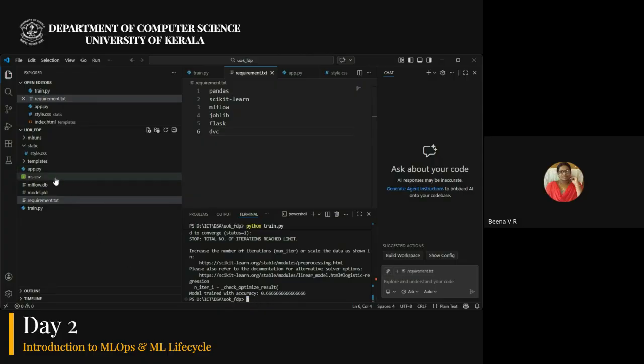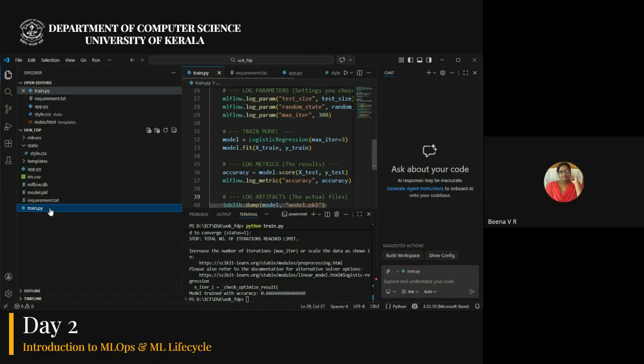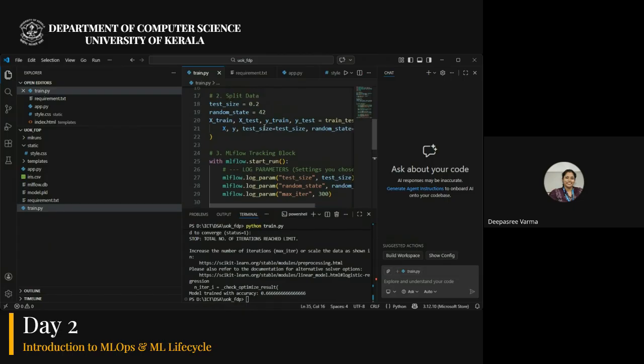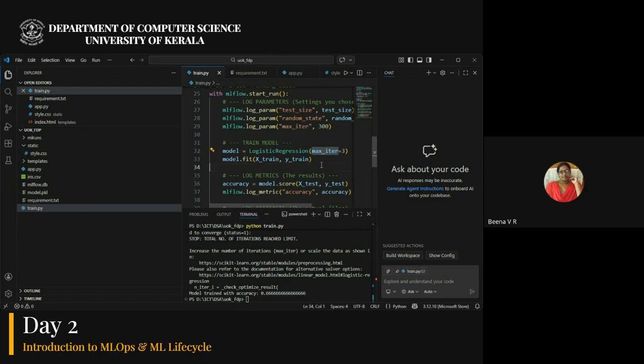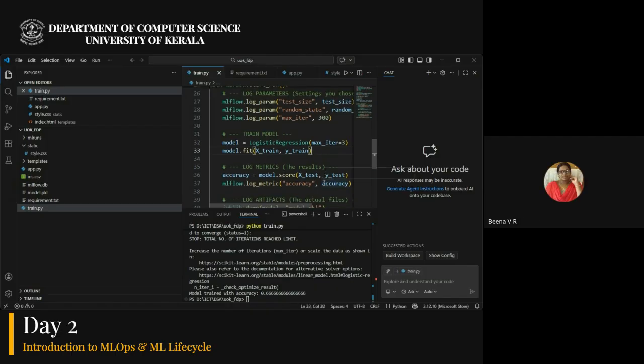Okay, ma'am. And the second one: you have created one model by using logistic regression, right? Yes. I just created a single model with logistic regression. Now I am trying with various parameters. That means when we use different parameters, this may create different versions, right? Correct. So I'm just trying to keep track of these various iterations, various experiments, each having a different parameter value. Okay, ma'am. Right. Okay.